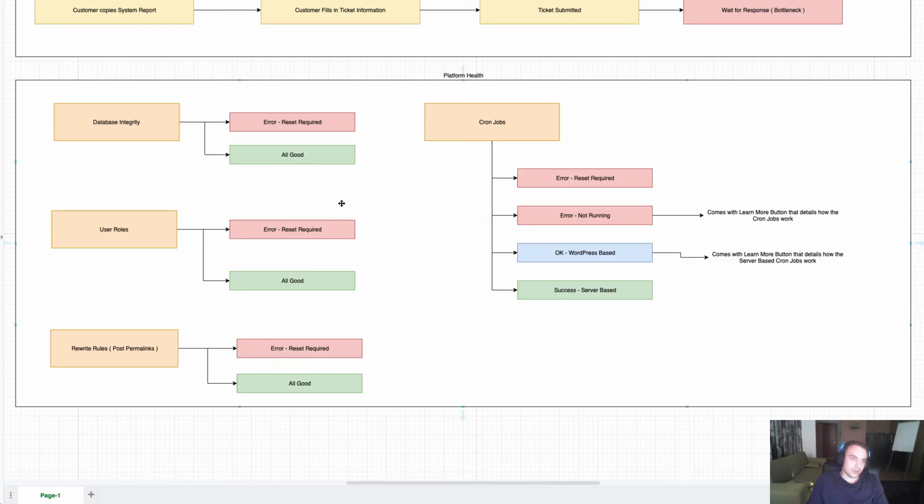Essentially, the platform health does 4 things very well. It checks the database integrity: are all the tables created, and is the data consistent? These are just some simple verifications for certain tables to make sure everything is good. Are the user roles registered, and is everything good related to the user roles? Of course, the rewrite rules and post permalinks, which started this entire adventure, and then the cron jobs, which